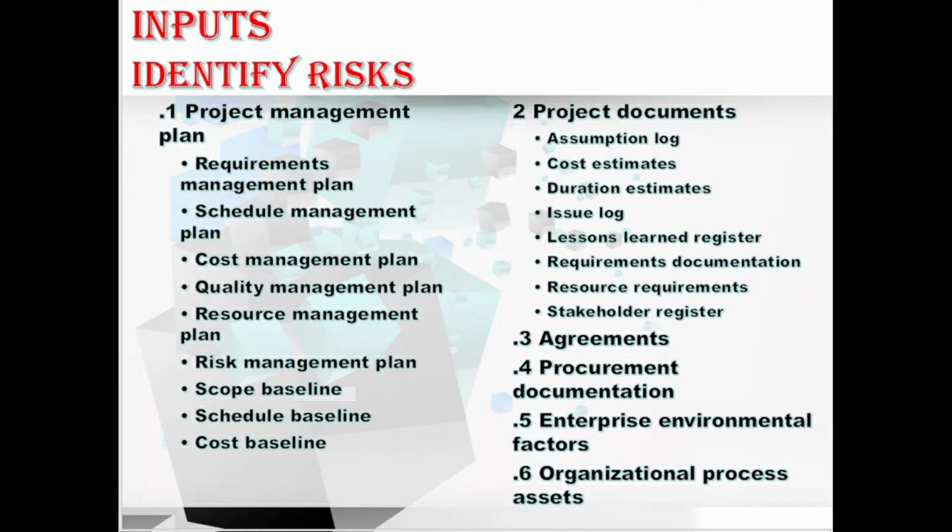Moving to the next input, we have organizational process assets, that is OPAs. In the OPAs, it may include the project files, including the actual data. It may include the organizational and project process controls. It may include the risk statement formats, and it may include the checklists from previous similar projects. Okay, hope you understood about these OPAs also.